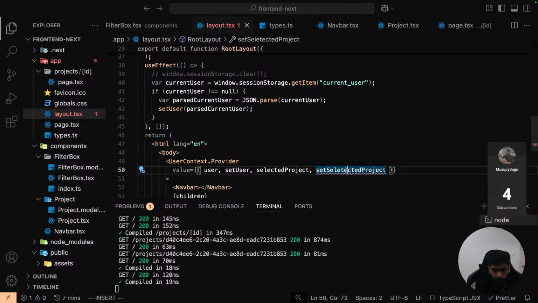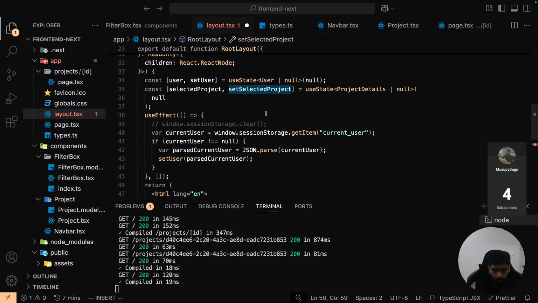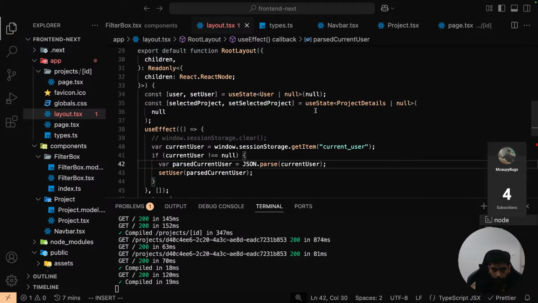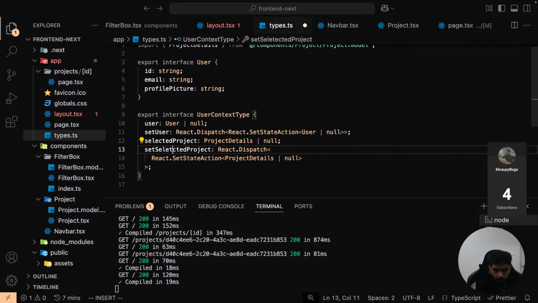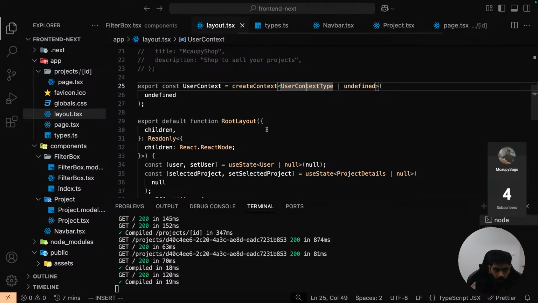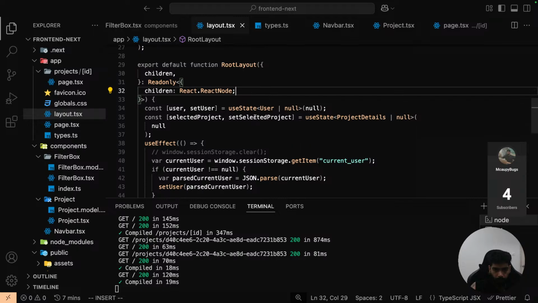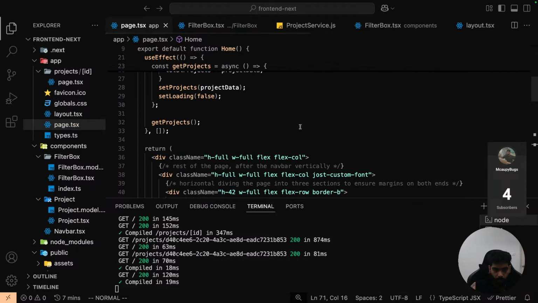Selected, set selected project. No, done. What's up with it? I think I wrote the name differently here. Selected project, layout is fine now. Okay, up here in the page I can just do